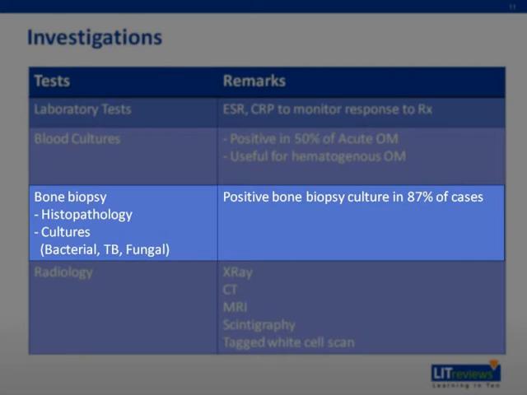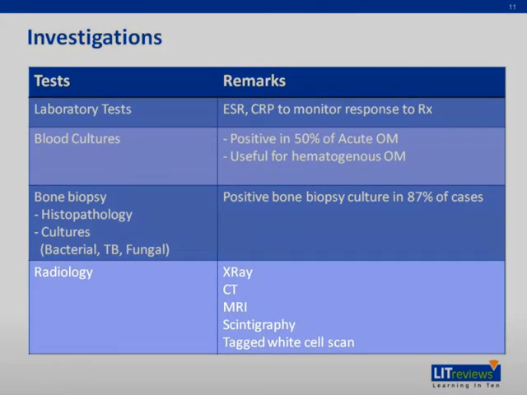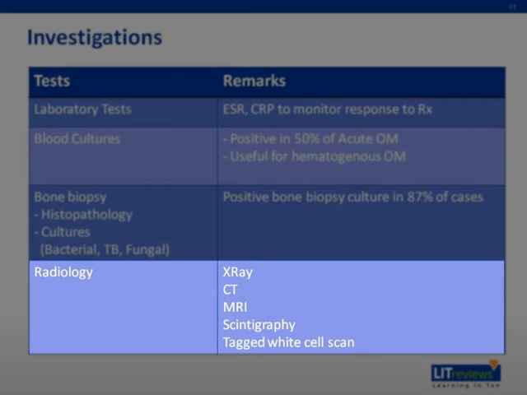For the radiological findings, various modalities can be used, but the cheapest and most commonly available is the X-ray. Osteomyelitis changes take 10 to 14 days to develop. We look for lytic changes, and for chronic osteomyelitis, we look for the bony sequestrum, we look for the involucrum, as well as the cloaca. The MRI may be a very sensitive test to do, but remember to start off with the simple test first. Sometimes bone scintigraphy and the technetium-labelled white cell scan may be useful.